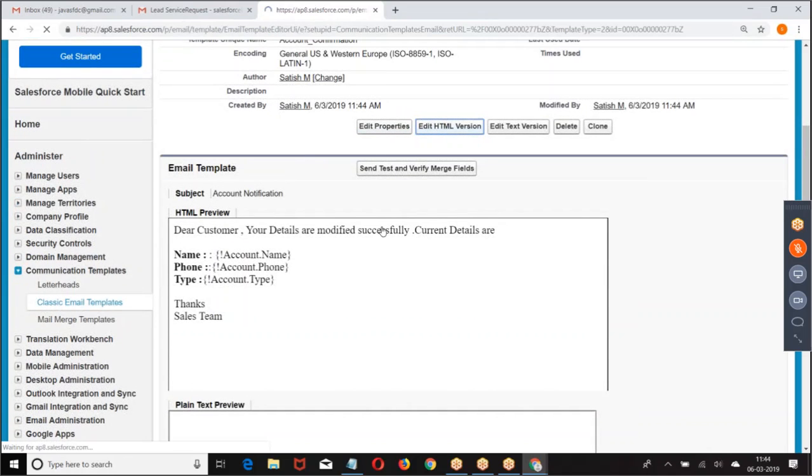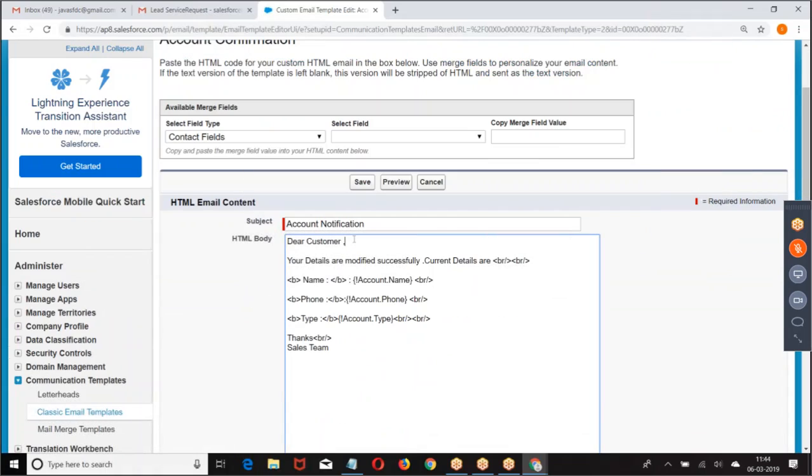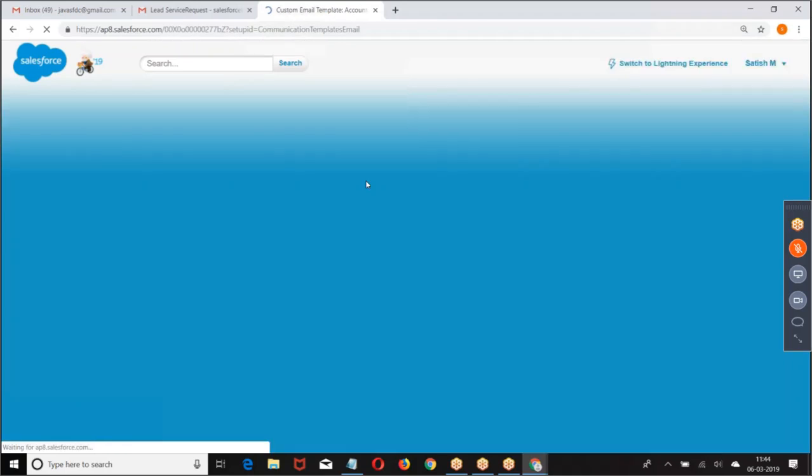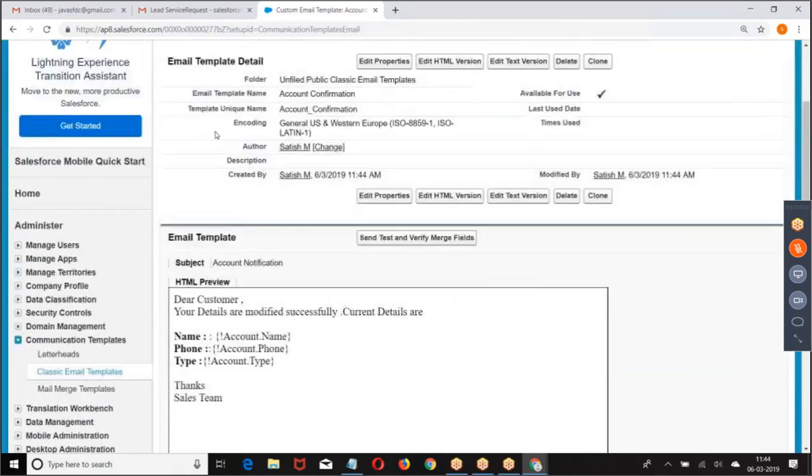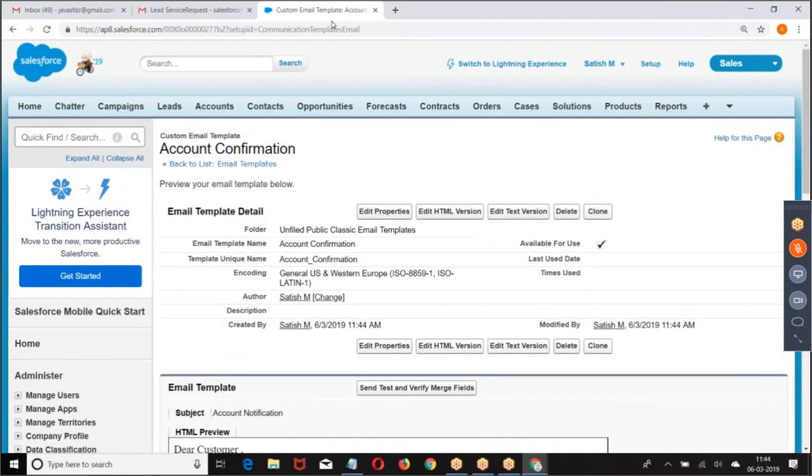Here we had some issue. What is the issue here? Boss, what is the data that we are using in the email template? Account data. Whose data am I using? Account data. Now the question is, you cannot send an email template to every person. An email template can be sent only to the lead,